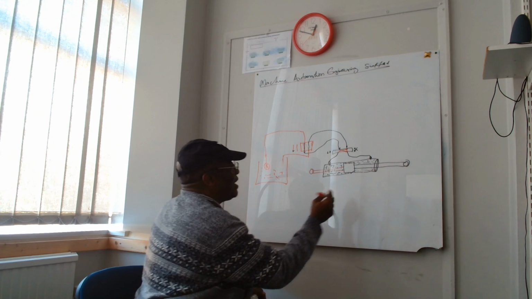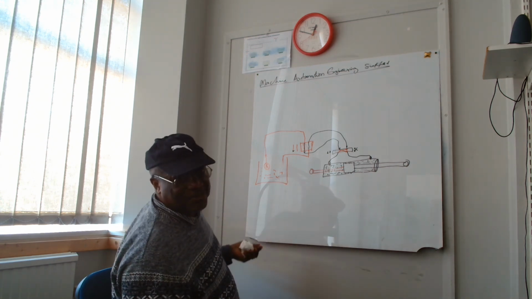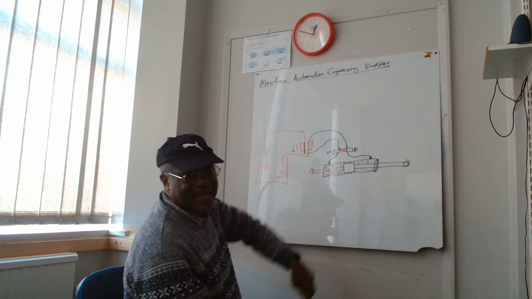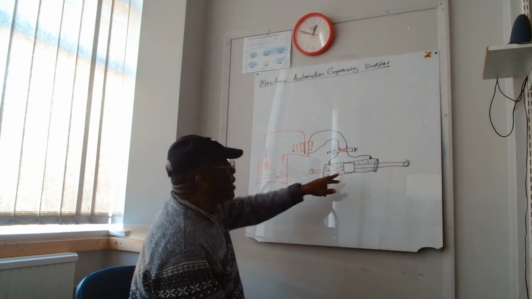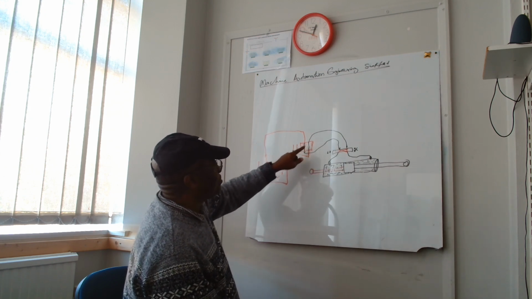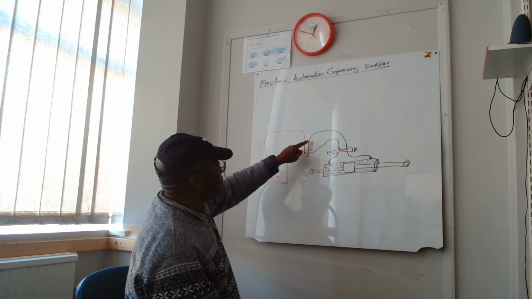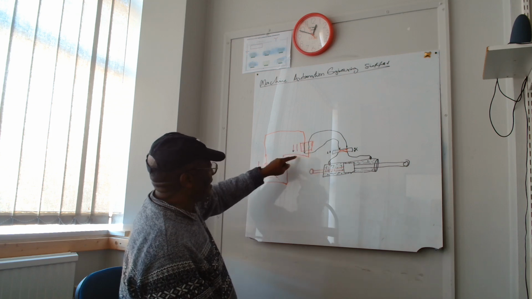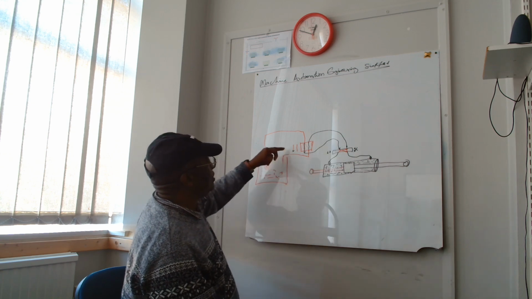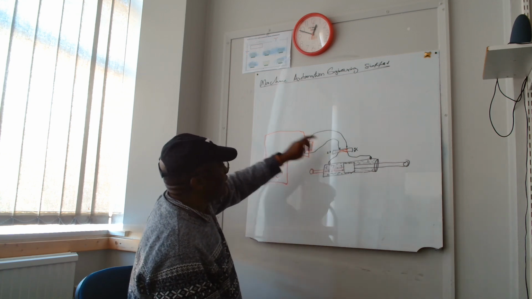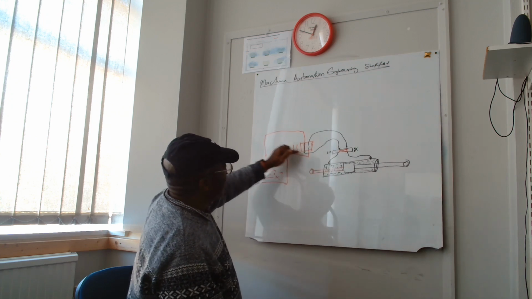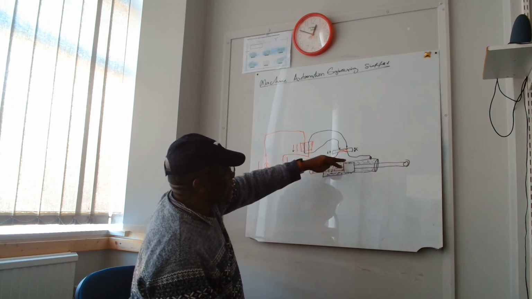But if you are dealing with, say, something you want to automate, you can have up to 1,000 of these rams, as long as you design it in such a way that when the thing is not in operation, this valve must return back to zero, so that the fluid starts going back naturally into the tank. Anytime you want any of them to work, it must be connected to the one you want, because until you divert this pressure, nothing goes into the system.